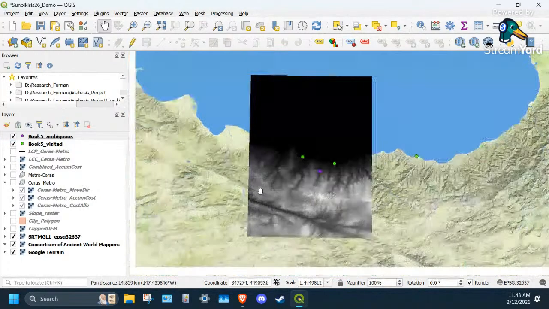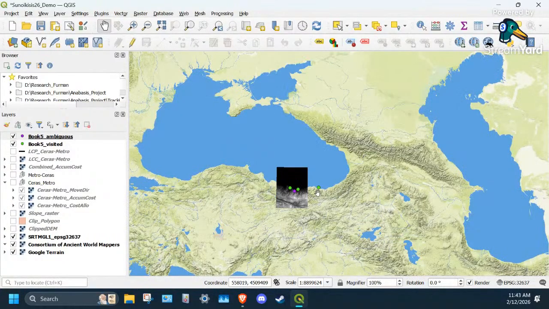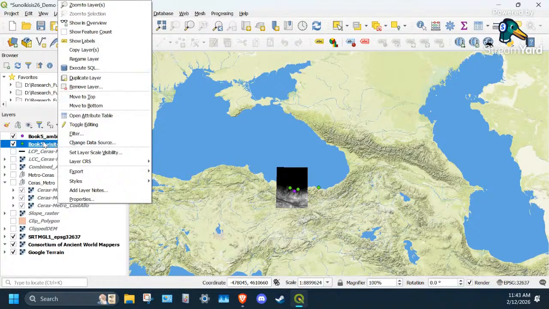But if you were to download this stuff, again, these lime green are the visited points in the area, and then this purple spot is Metropolis. We just say that because it's ambiguous. We don't quite know where exactly it is. This is the best data we have, fetched from Pleiades, which is a gazetteer. So I happen to know where Karasis is because I've done this for a long time, but for you all,